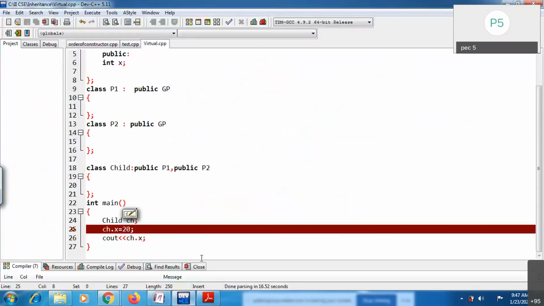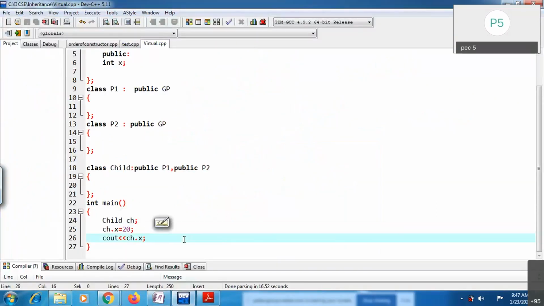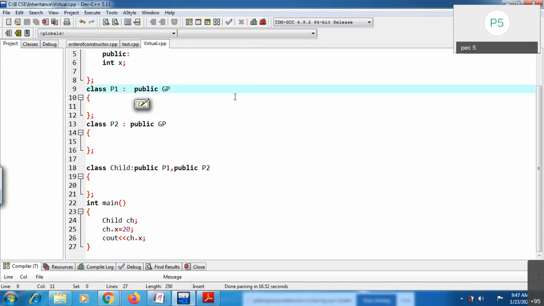Are you able to follow me? Simply, you make your base class virtual so that you remove the ambiguity problem. How? Just add the virtual keyword for your base class while deriving subclasses from it.